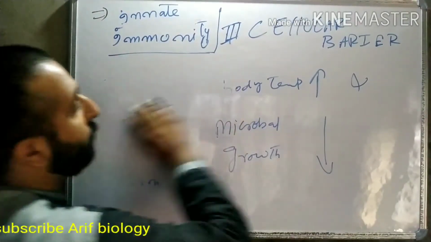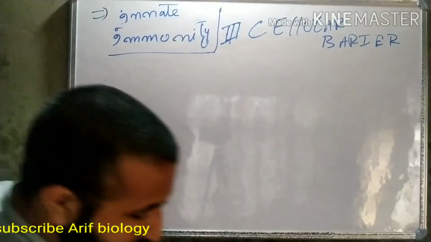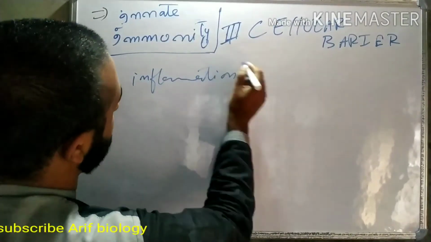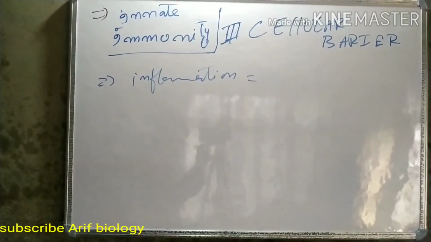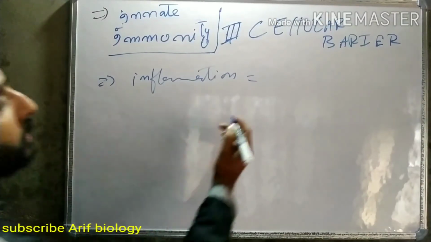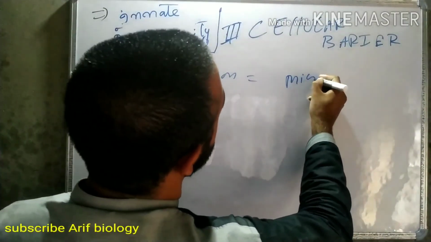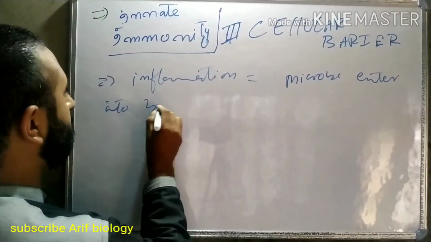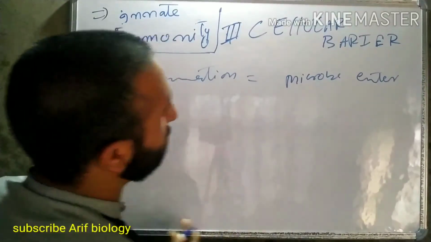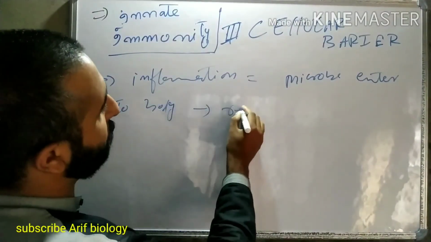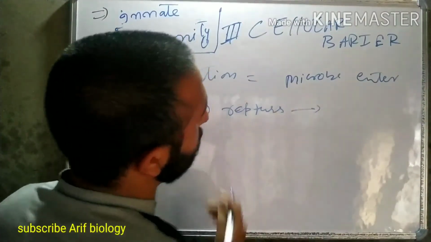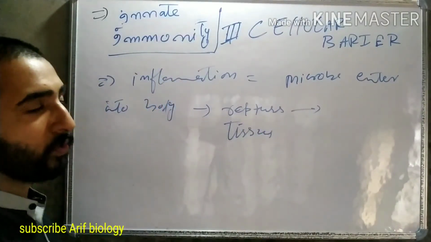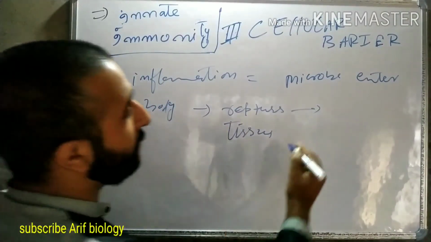Now after fever we have inflammation. What happens in inflammation? When the microbe enters into our body, it ruptures our tissues, and when the tissues rupture, then mast cells